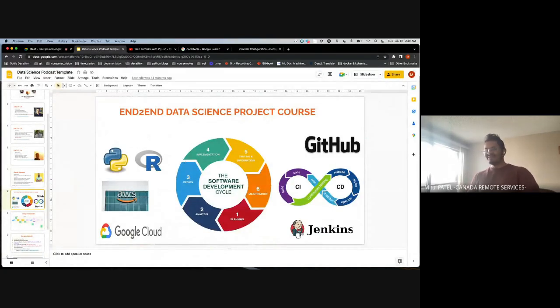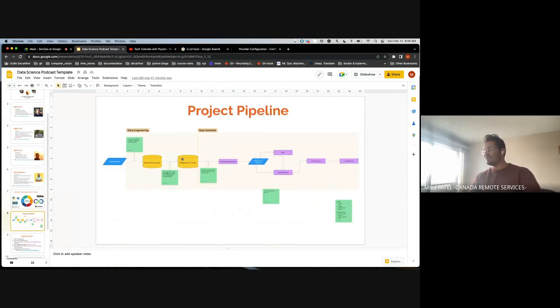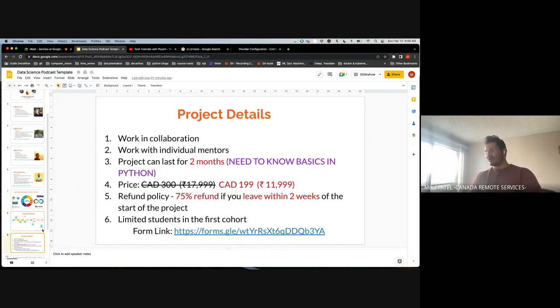So these are some of the tools that I've been mumbling about for the past 5 to 10 minutes. These are some of the tools that you'll be learning in the course, and this is basically the pipeline that I was talking about. We would be building this entire pipeline from scratch and automating it along with best practices. In terms of the project, you can work in collaboration with me and Ashay, who designed the first course, or individually. There are more courses that me, Ashay, and maybe Sushant as well will be designing going forward.